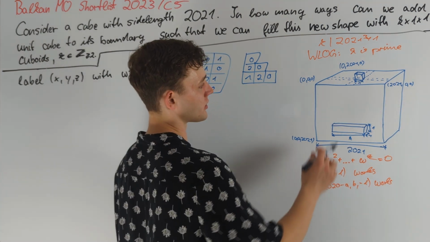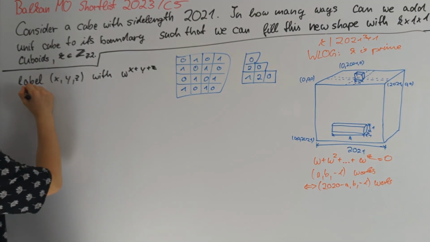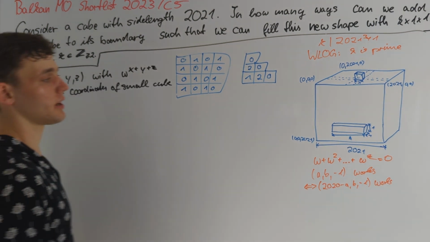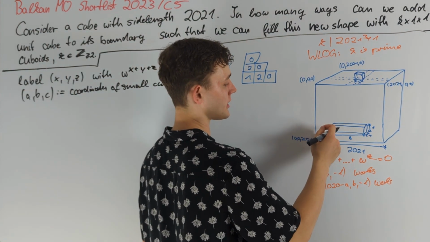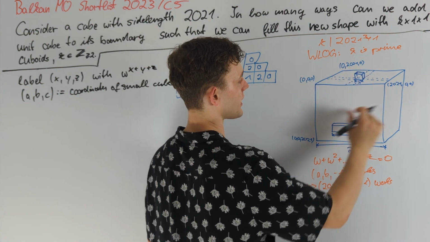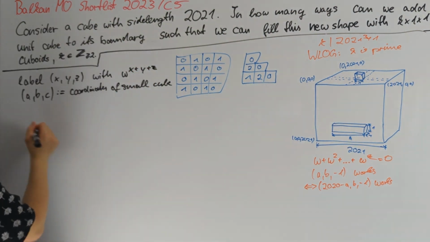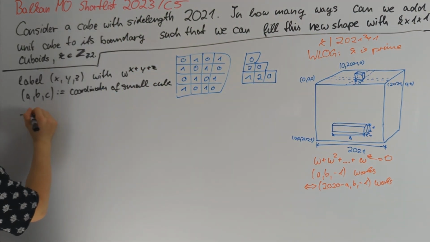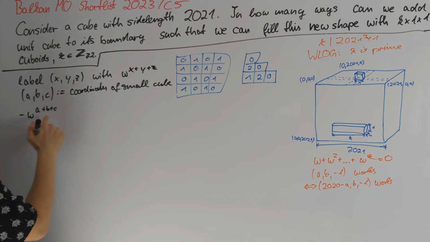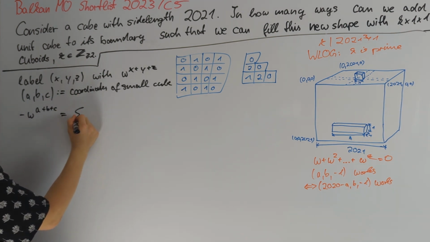We know that after our choice for the coordinates of the small cube, which I'm going to denote as a, b, c, so these are the coordinates of the small cube, we will have the constraint that the sum of all labels of all cubes inside of this entire figure must be equal to 0. In other words, if we rewrite this, we get that minus omega to the power of a plus b plus c, which is minus the label of the small cube, is equal to